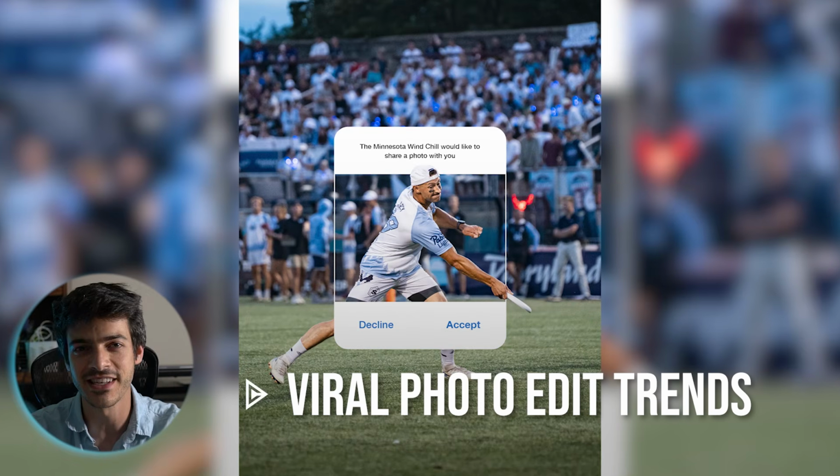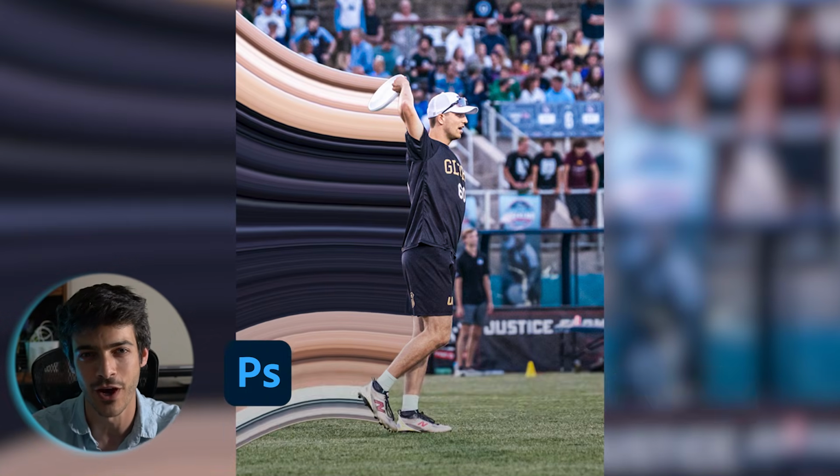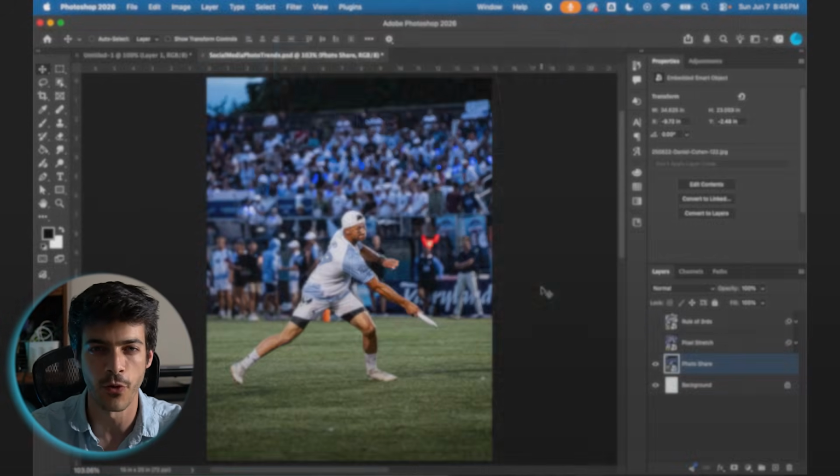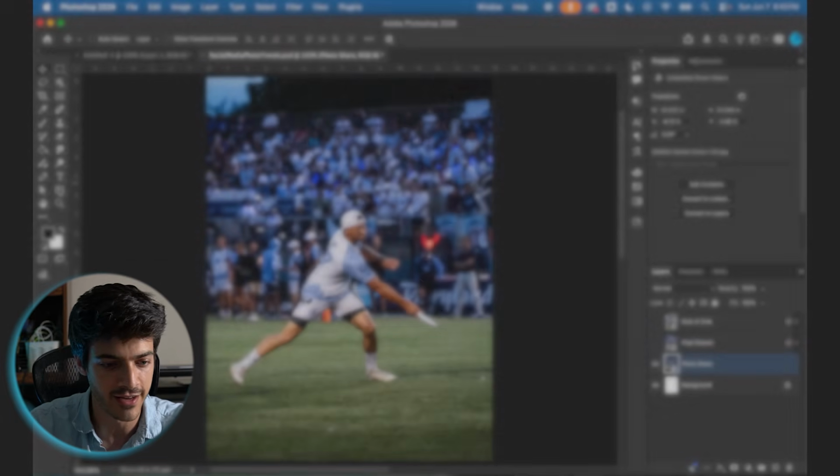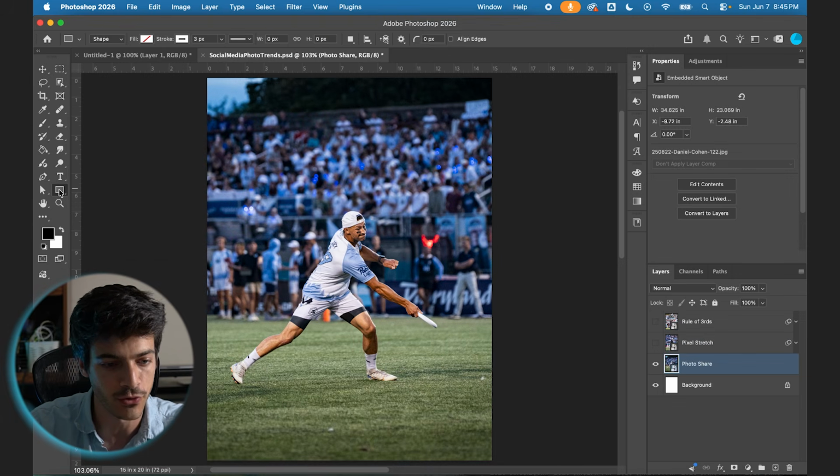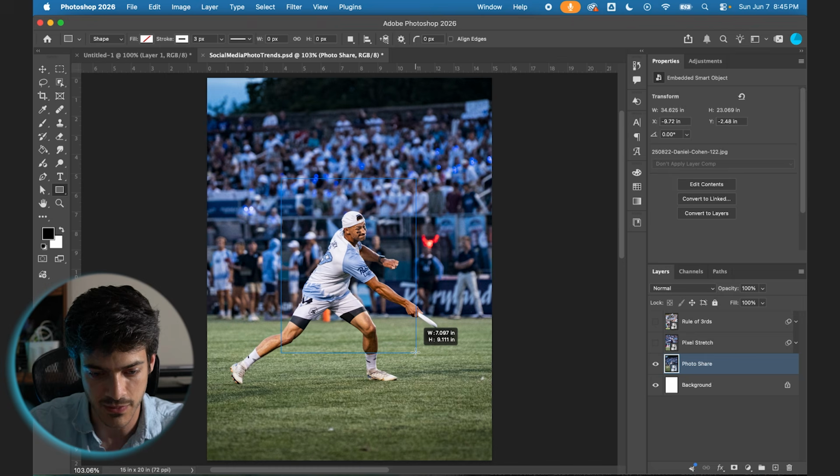Let's walk through how to make these 3 social media photo edit trends. So we're gonna start with this photo share edit. And to do that, let's go to our rectangle tool. U is the shortcut. And I'm just gonna click and drag out a rectangle around our player, keeping everything approximately